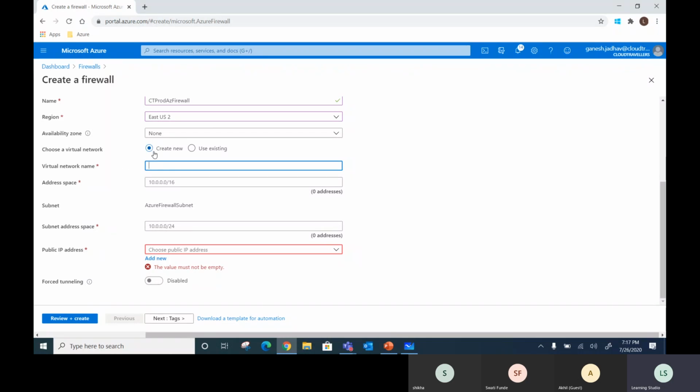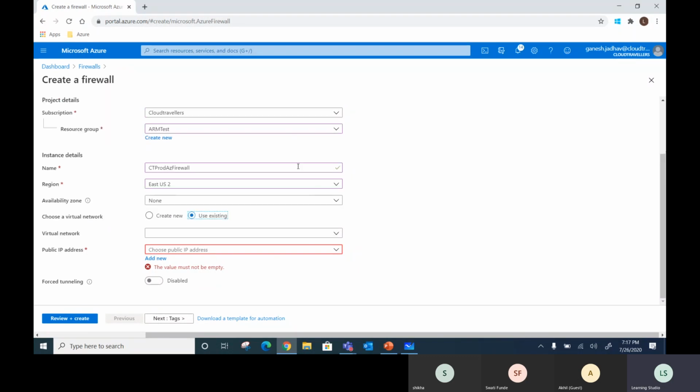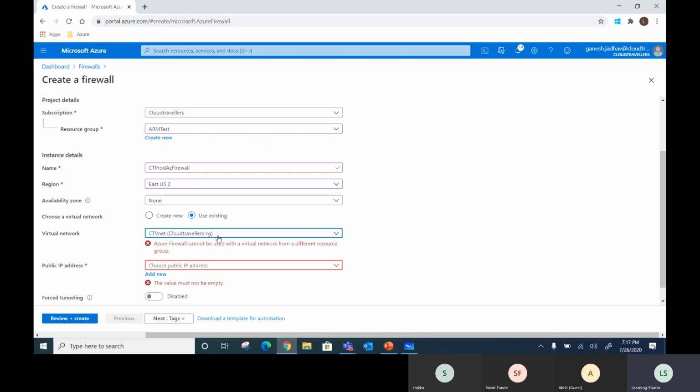It is asking you to create a virtual network, but we don't want to create any new virtual network because we already have one in place. So I'll select use existing. When you click on use existing, you have to select the virtual network from the drop down. These virtual networks are the ones which are created in East US2. So I want to select CT VNet, which is my